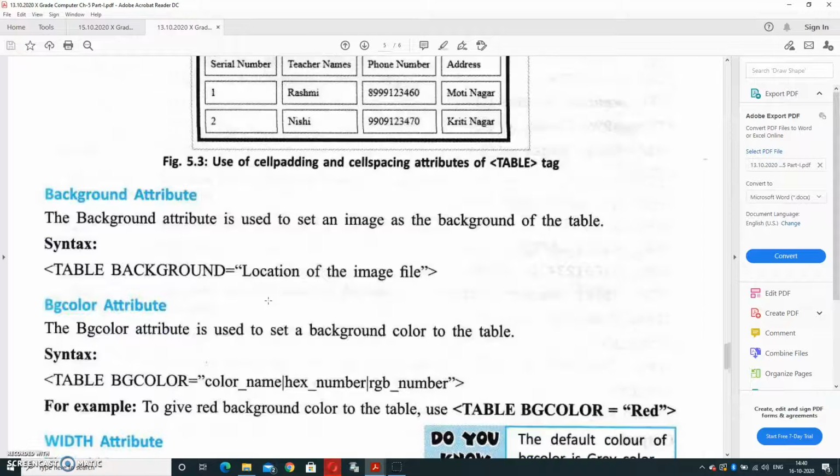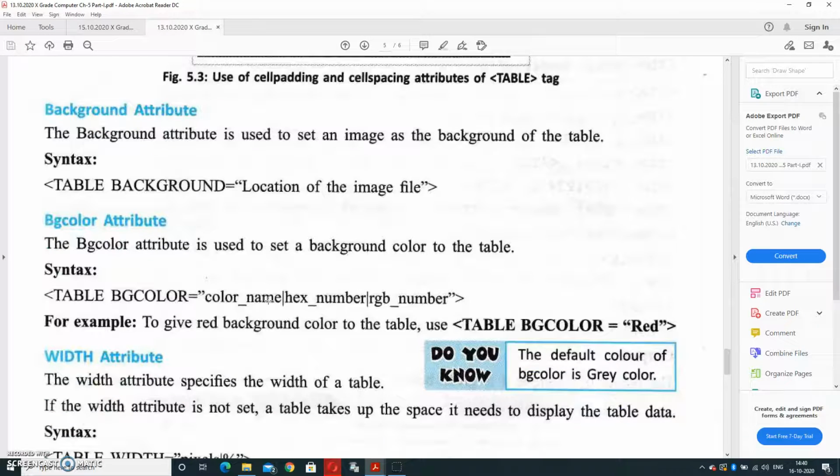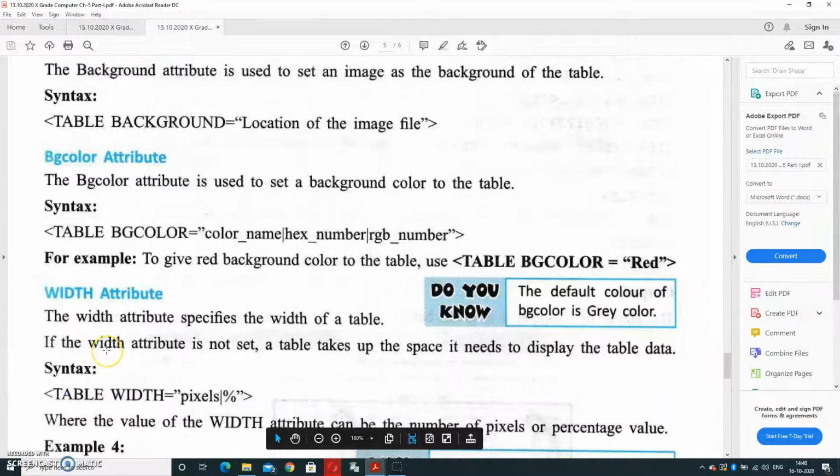Now the next attributes are the background attribute, the BG color attribute, and the width attribute. Background, everybody knows, we can set an image at the background of your table. And with BG color, we can set the background color. By default the BG color is gray. And the width attribute is how much part of your screen the table will cover.